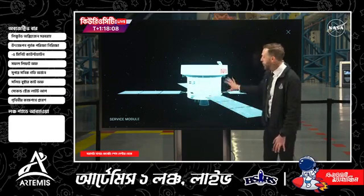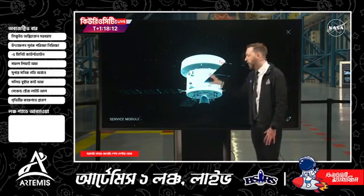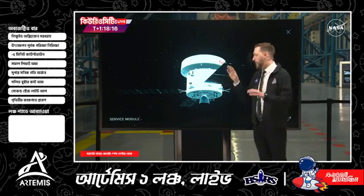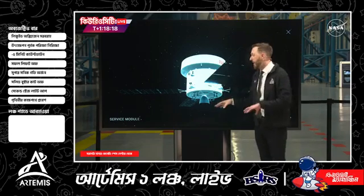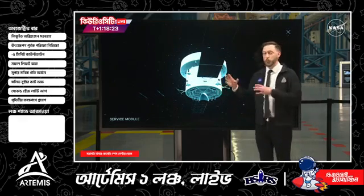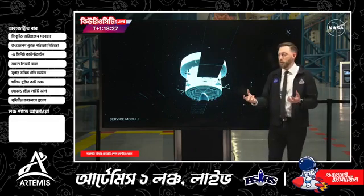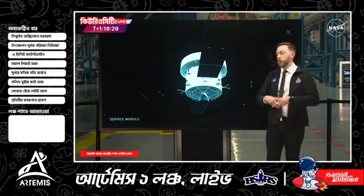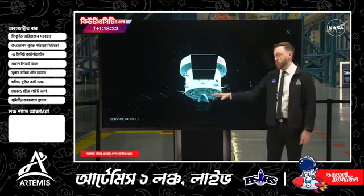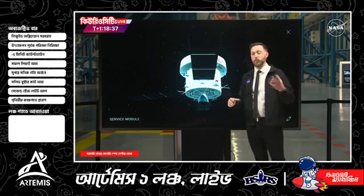Now, all of those engines share a common fuel source. They're using what are called hypergolic fuels, a mix of a fuel and an oxidizer, in this case monomethylhydrazine and nitrogen tetroxide. Now, those are long names, and they're hypergolic fuels. What does that mean? A hypergolic fuel essentially means you take your fuel and your oxidizer, you put them together, you get a reaction. You get an exothermic reaction, which creates that thrust, which comes out. You don't need an ignition source like we have on SLS, which is using